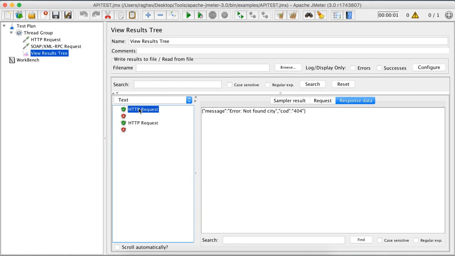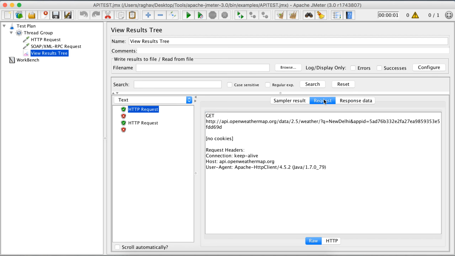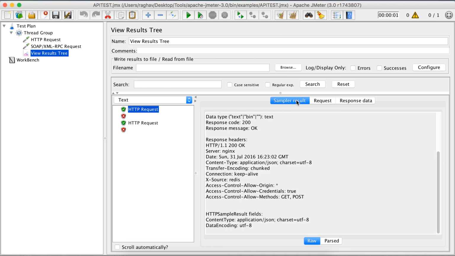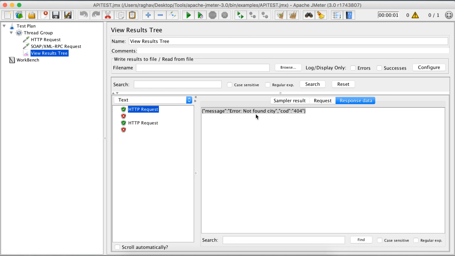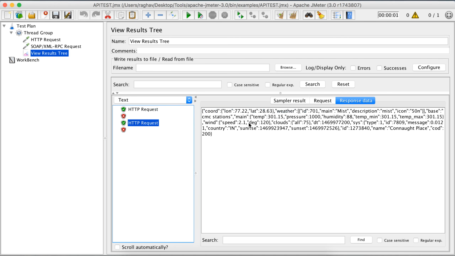Okay, now see, this was an error message, but still this is showing in green. Why? Because our request did go to the server and we did receive a 200 response code. The server was not able to find the city with whatever details we have given, so it has responded with a message from their server, but our request went to their server. That's why it's showing green, and we can add assertions here to make sure that we are getting the actual response or not, right? So now our request is fine.